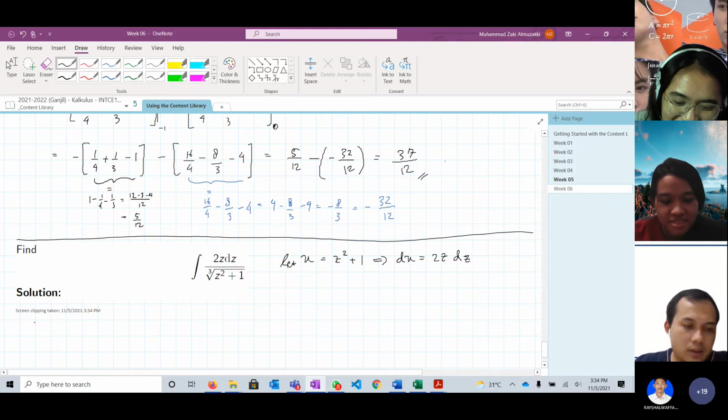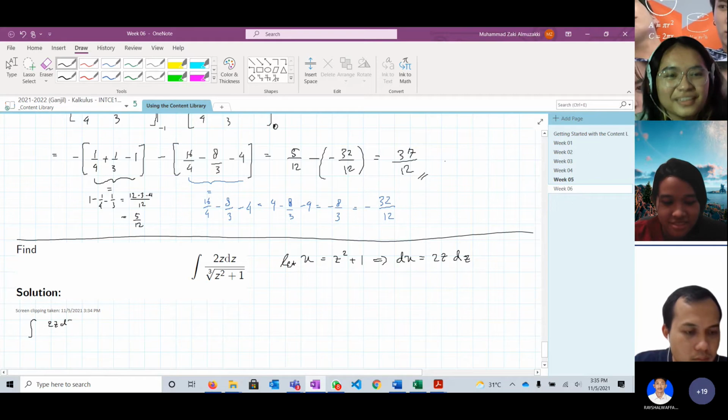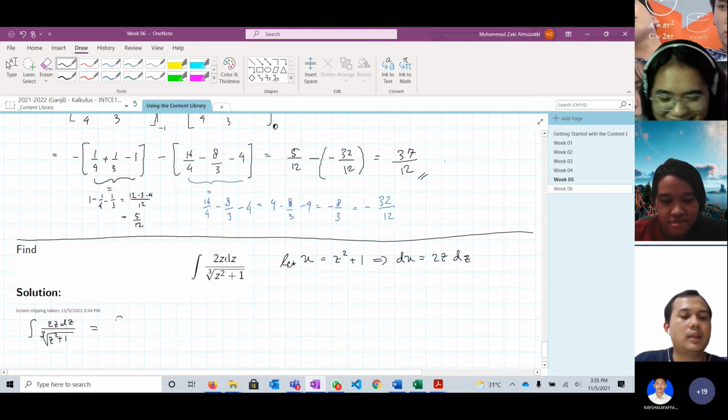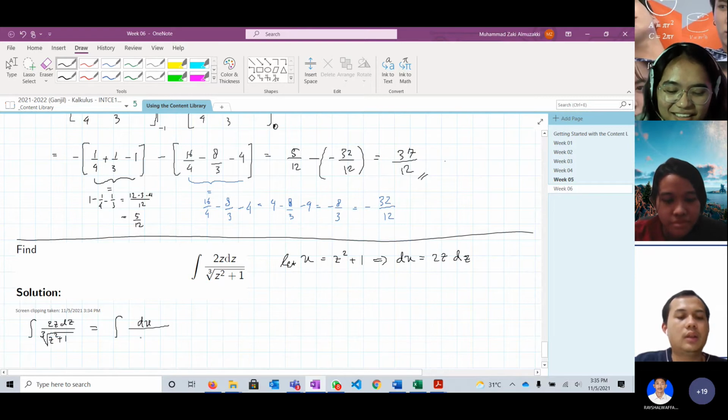Then the integral of 2z dz over the cube root of z squared plus 1 becomes the integral of du over this. So we have now the integral of u to the power minus 1 over 3 du,